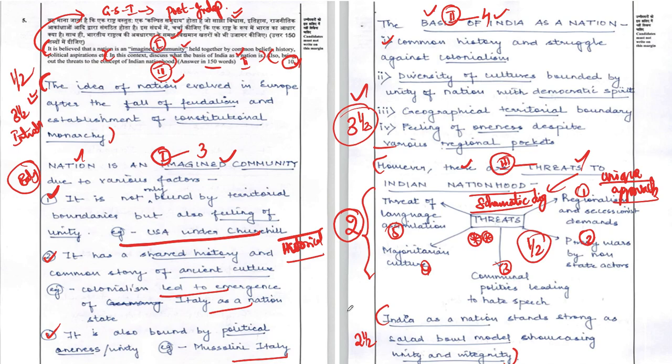She would have got half a mark for the introduction, and for the conclusion another half a mark. So overall, if you count here, friends, that is 3.5 plus 2, 5.5, and another 1 mark, that is 6.5 marks out of a 10 marker question. I would say this is the maximum mark which we can fetch in the UPSC mains examination. In rare cases, the UPSC examiner might allot 7 marks for extraordinary answer writing. Otherwise, friends, this is the highest or maximum marks which we can fetch in the GS paper 1 component of the mains examination.